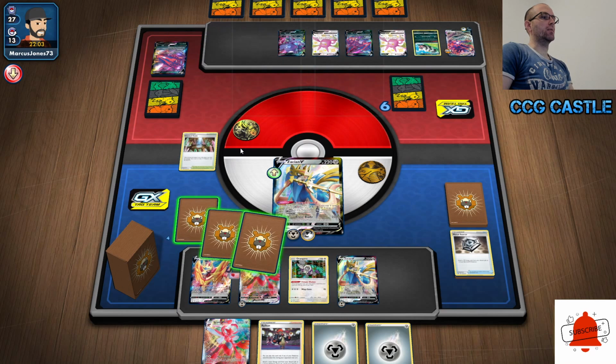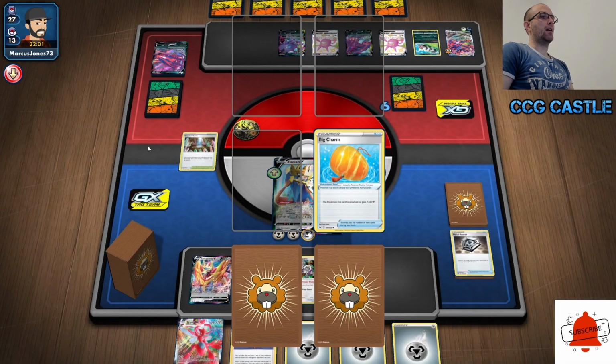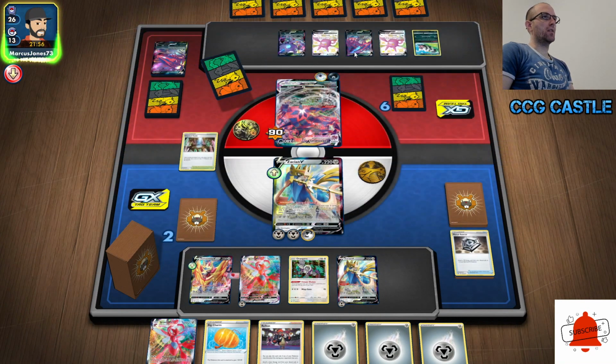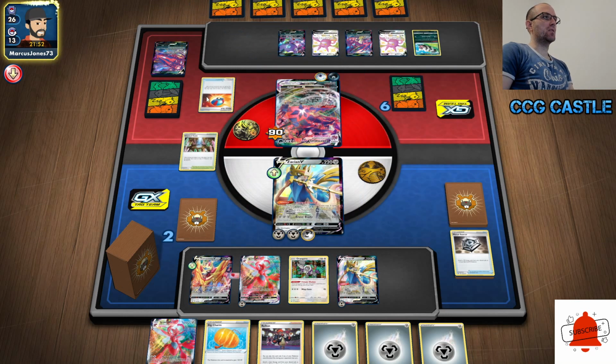I have Raihan available, so I can power up easily my Scizor VMAX. Really want to take the knockout with the Scizor VMAX, but for that I will need Boss's Order, so I can knock the Sableye or Crobat out of the game. So there's a Great Ball